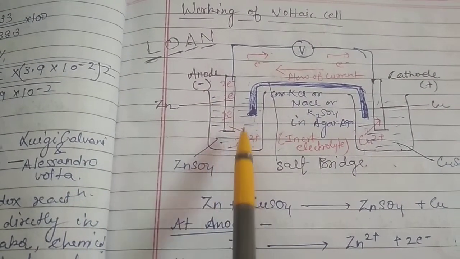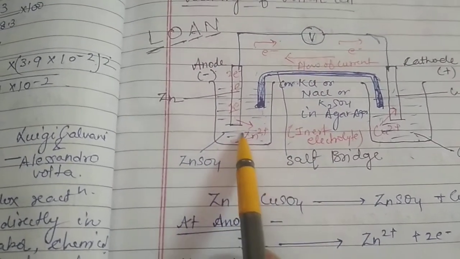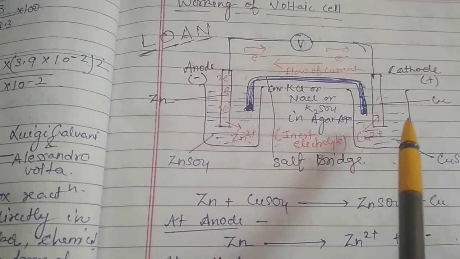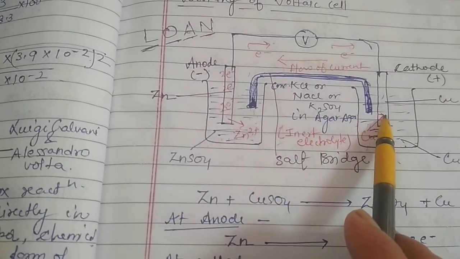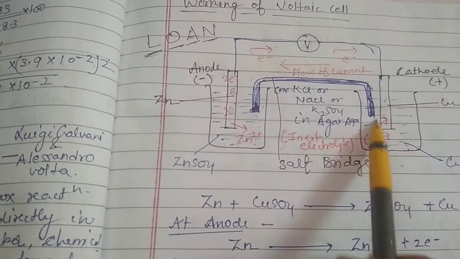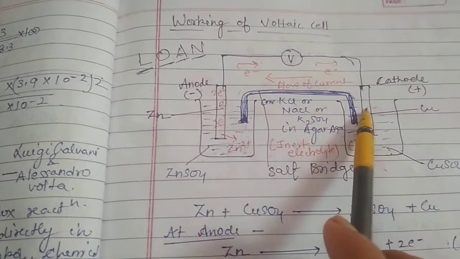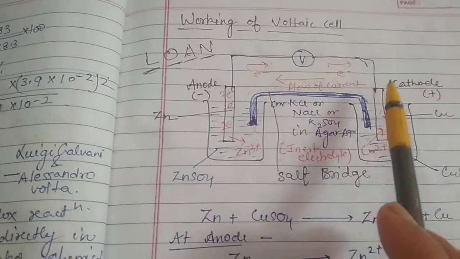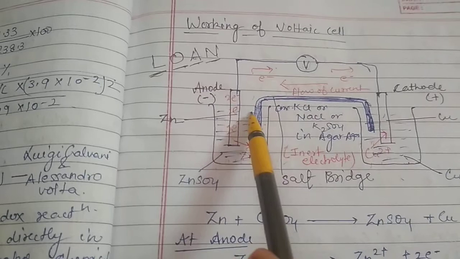Here the de-electronation takes place and zinc ion moves into the solution. In a similar manner in the next container, in the reduction half, reduction takes place, meaning copper ion gets reduced to the metal rod, the copper rod, and gets deposited here. So the flow of electron would be from anode to cathode. It works like a cathode having the positive charge, and the flow of current would be from cathode to anode, as we are able to see.